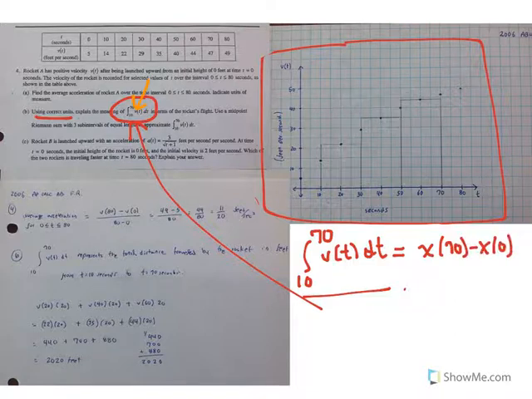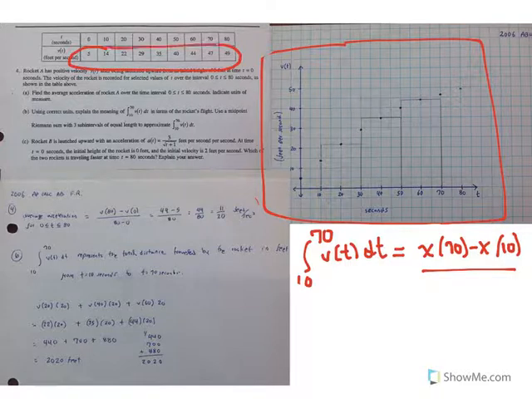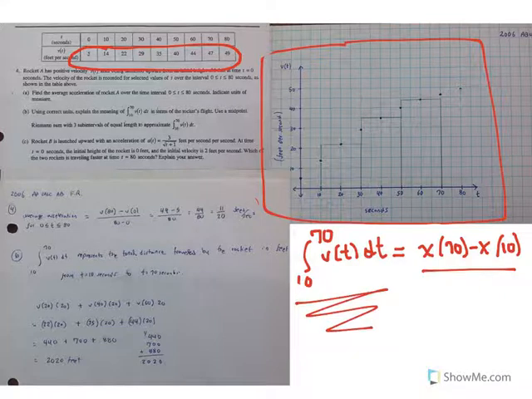It is the net change in position of the rocket as we go from time is equal to not 0, but actually 10. As we go from time is equal to 10 to time is equal to 70, it's the net change in position. But because the rocket is only heading in one direction, it does not change direction, it's always going up on this time interval,